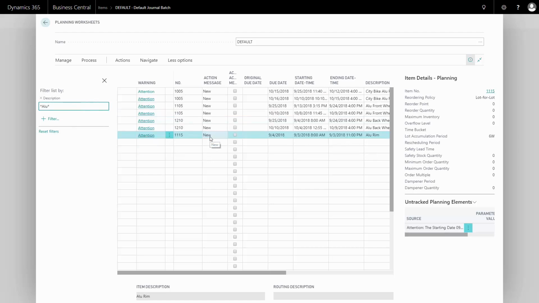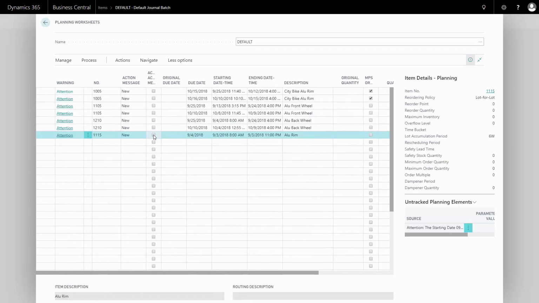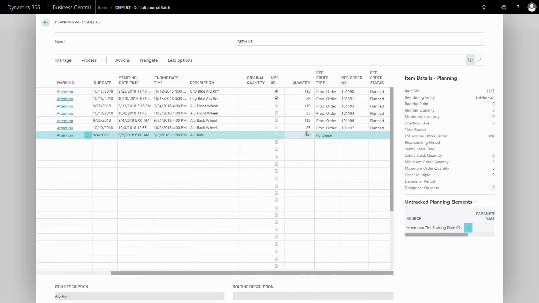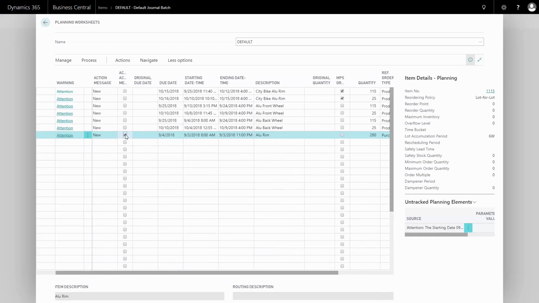And here I have one planning line. I'll just remove this filter. Planning line on this purchase item. I can see here the item number. I can see it's a purchase item, and the quantity it suggests that I buy with the setup I have made, etc. And from here I can set a check mark in the accept action messages, and then I can carry out action messages,